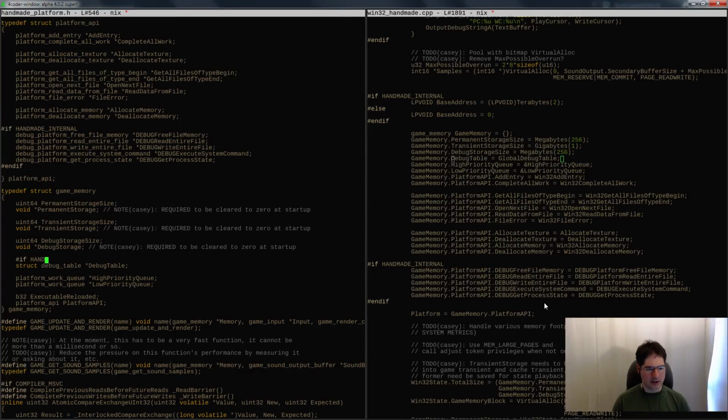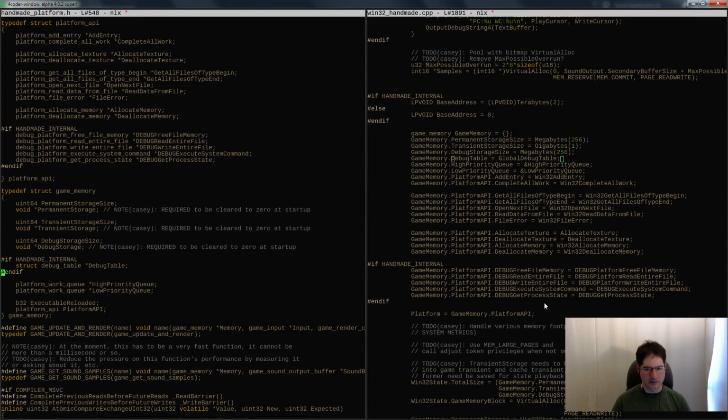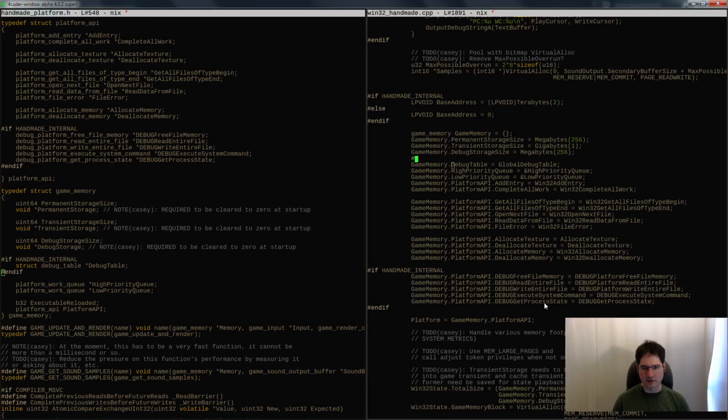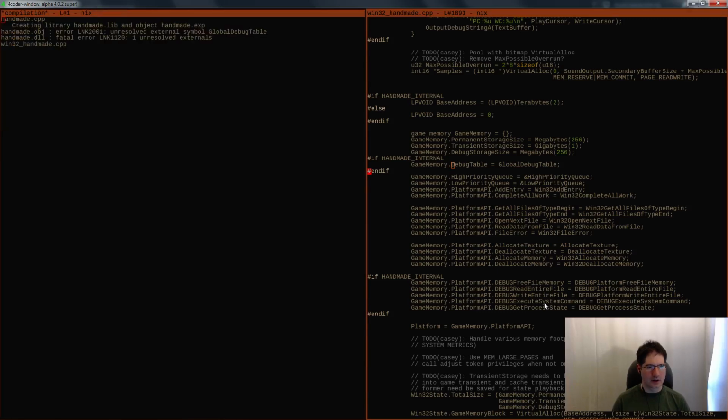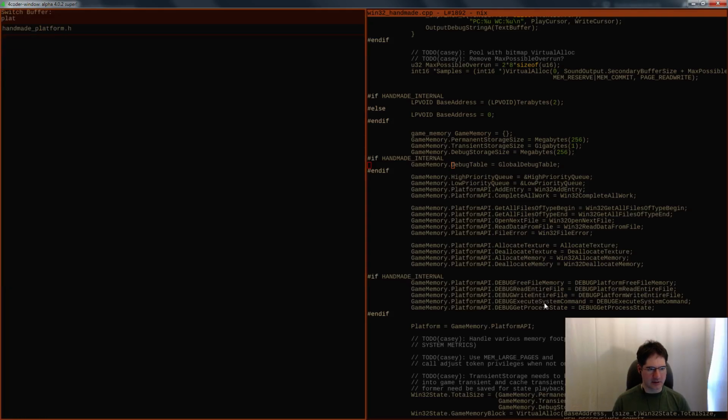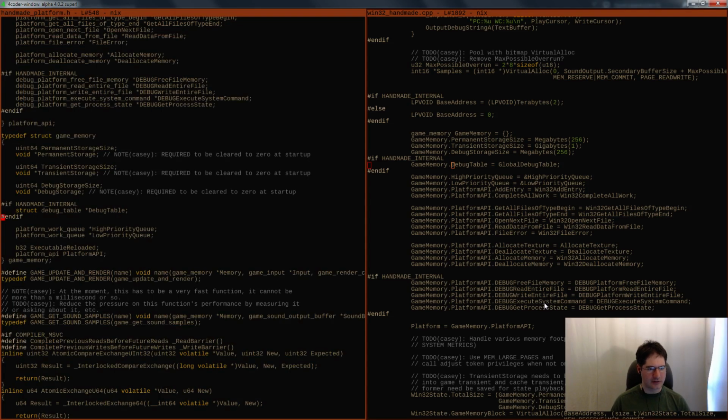We can do a handmade internal, because we wouldn't need it if it wasn't, and so we could predicate this on that. So that seems like a good situation to me. Now it will just compile, and in theory, it will also just work. I can eliminate the concept that we ever return that information